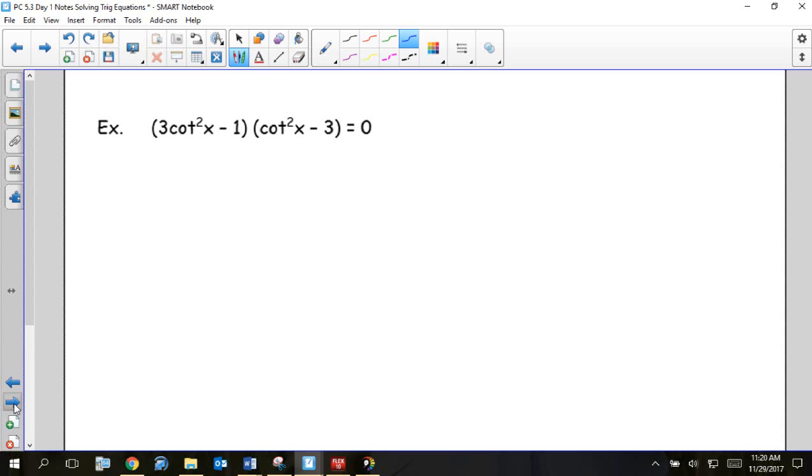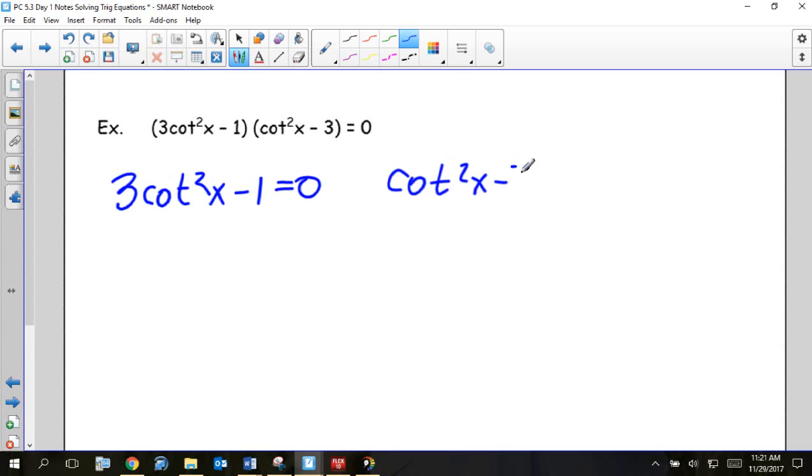So now I need to set each factor equal to 0 and solve each factor. So 3 cotangent squared x minus 1 equals 0, and cotangent squared x minus 3 equals 0. So I'm going to square root my cotangent